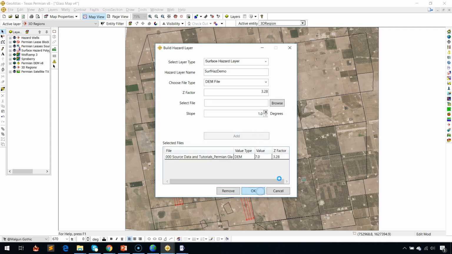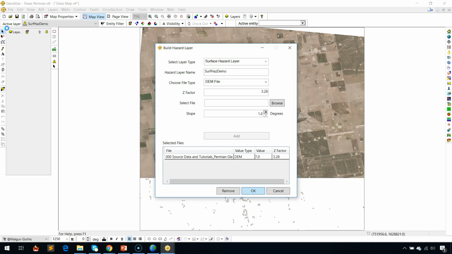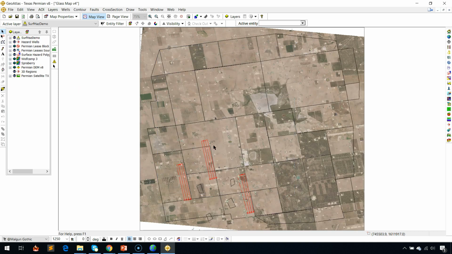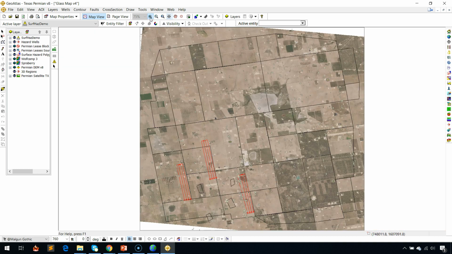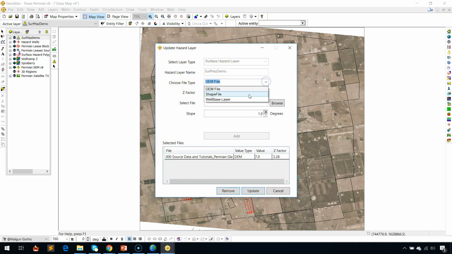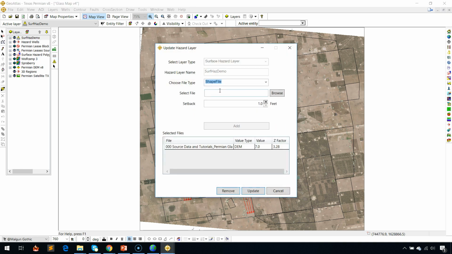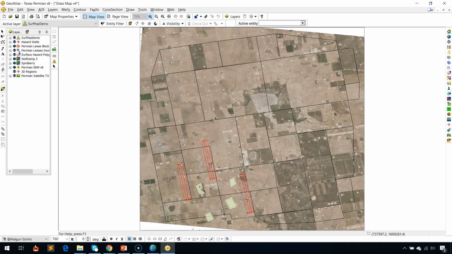We add that and we click OK. And it'll generate the surface hazards. As you can see, they're located right over here. They're just very small to see right now, but if I zoom in, I can definitely see them. These are areas where we cannot place pads on. All right, if I zoom out and I go back in and I update this layer, let's go ahead and add our hazard shapefiles. Here it is, and I'm going to give it a setback of 200 feet around it. Click Add and Update. And what you'll notice is that we have these hazard zones where we can't put pads